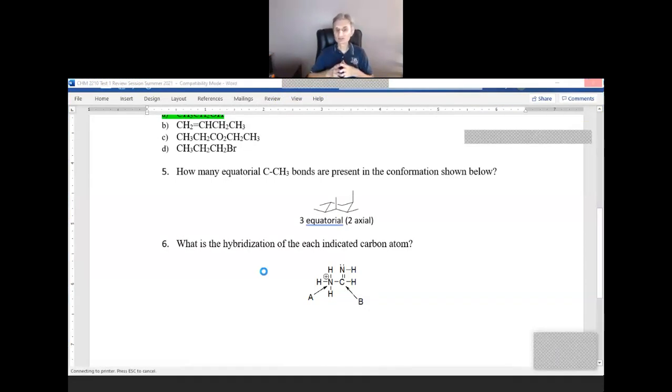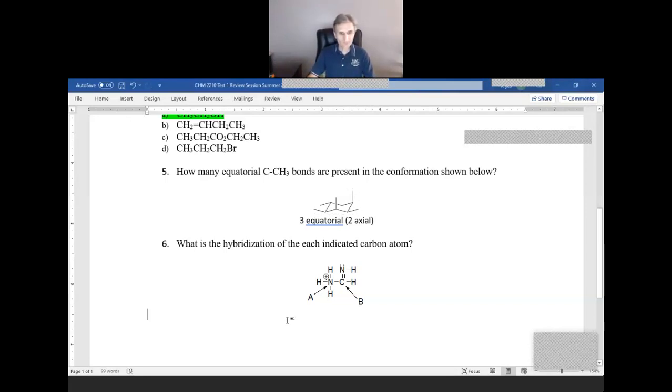So what is the hybridization of each indicated carbon atom? So for carbon, oxygen, nitrogen, hybridization is sp3, and then this is 3 minus the number of pi bonds. So for A,